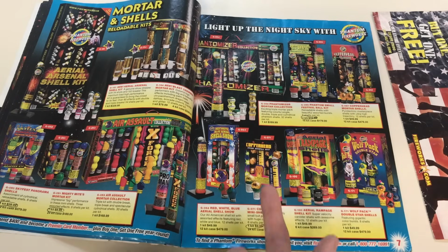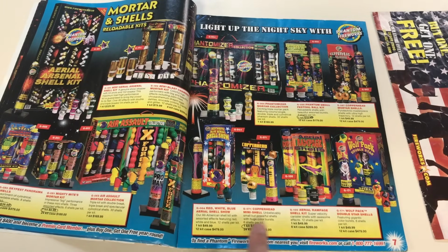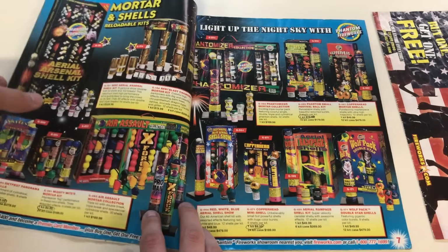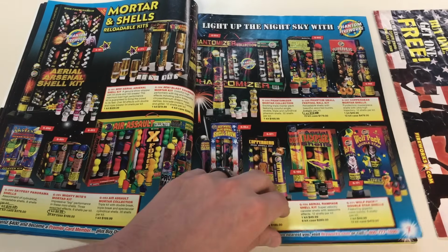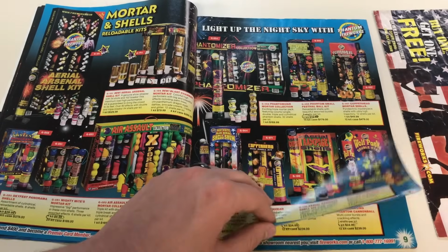So one kit of the Copperhead Minis is going to be $9.99 back in 2008, and that's buy one get one free. So you're paying like $10 for 2 packs of those. I don't know what it is now, but, and then this one here, one kit for $9.99. That's the Mini Mites, or the Mighty Mites, sorry. We always used to get the silver and gold cans. I don't know if they still...